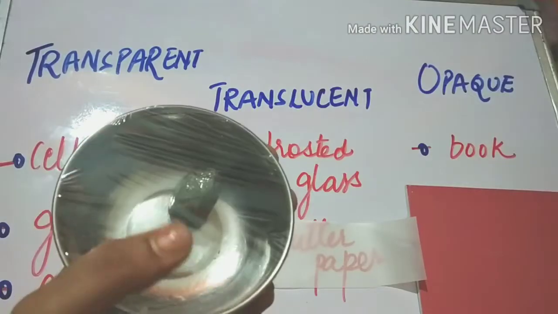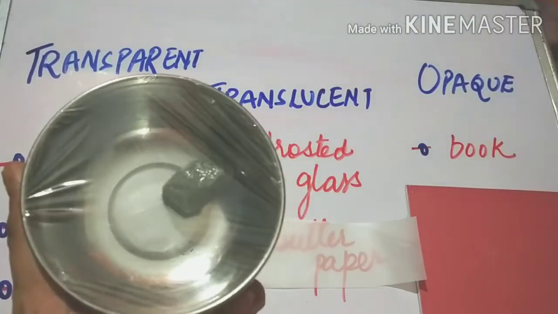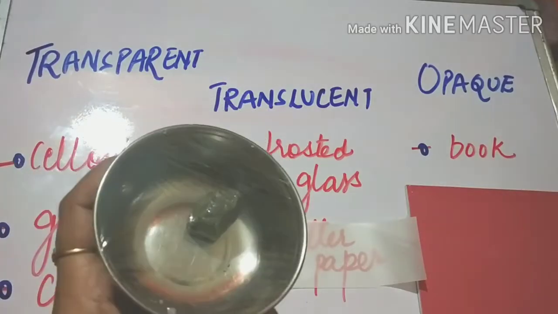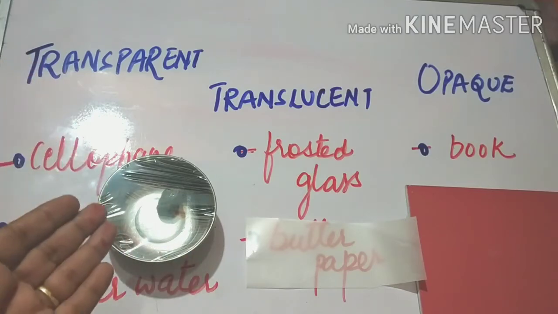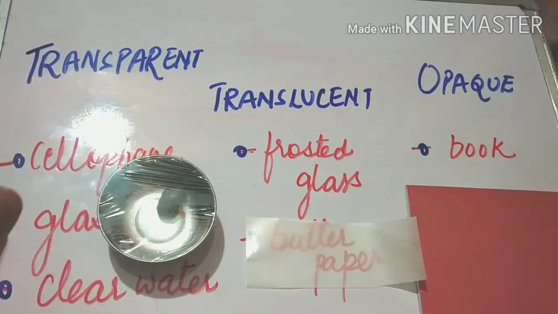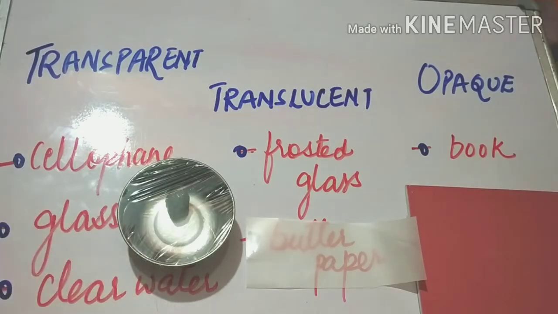I have put this cellophane on it. So can you see? You can clearly see the pebble which is inside the bowl. Fine. So we can say that the cellophane is transparent. Why? Transparent objects are those objects through which we can see clearly, like your window glass. See this example? Like clear water. If the water is clear, you can easily see the rocks, the bedrocks, small plants inside the water. But the water should be clear.